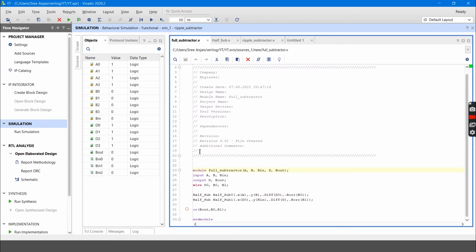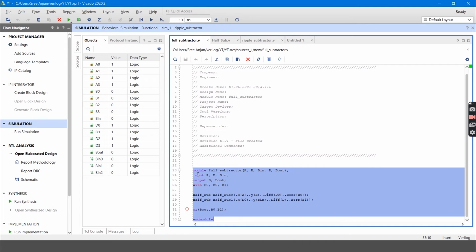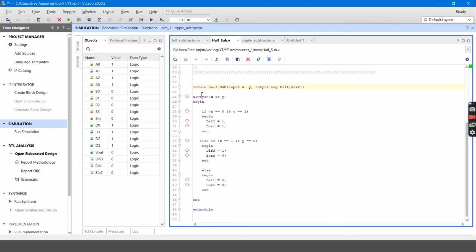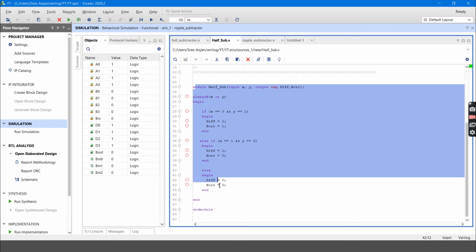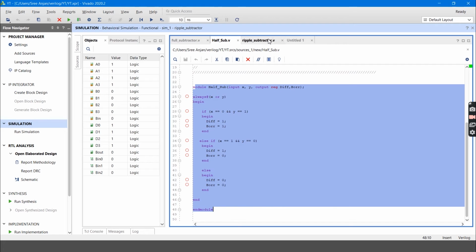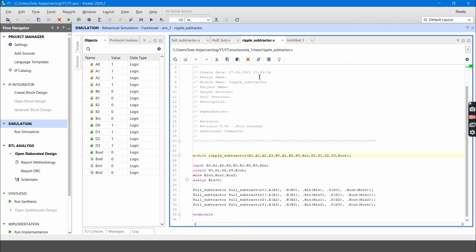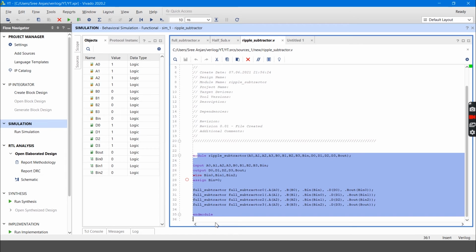Here for reference, I already kept the code for the full subtractor. I gave the full subtractor code here, and for designing the full subtractor, I used the half subtractor instantiation, and I also gave the half subtractor code. And coming to the ripple subtractor, here it is. I just copied the same text from the presentation.